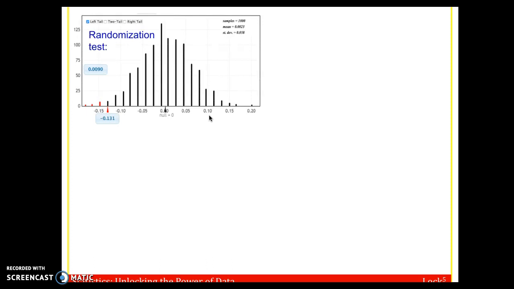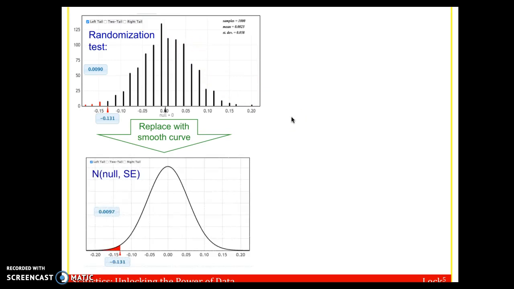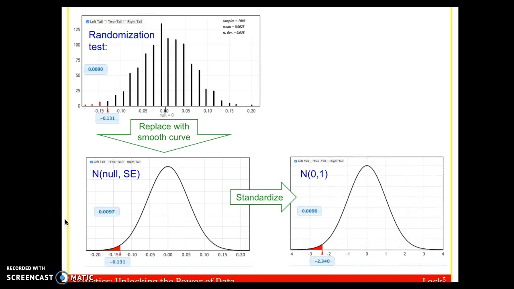All right, so looking at this process, we take a randomization test, which we've been doing in chapter 4, and replace that symmetric bell-shaped looking distribution with a smooth curve. And notice in here we got a slightly different p-value, 0.009 versus 0.0097. And this right here is with the statistic. We could standardize and get roughly the same value, minus 2.34 is the standardized z-score, and 0.0096 is the